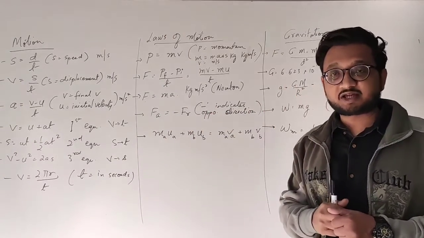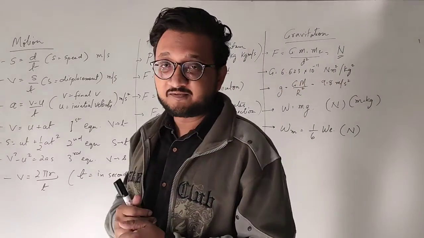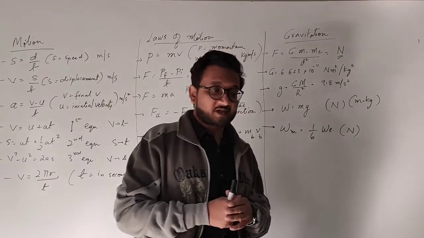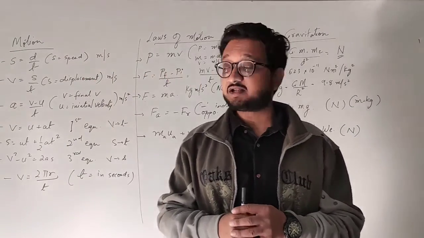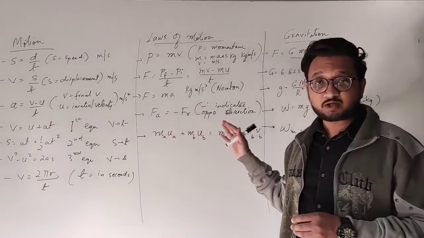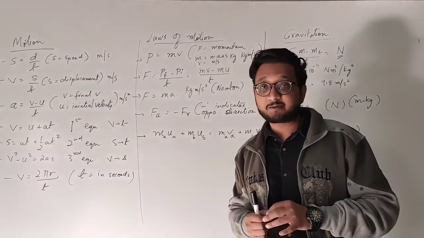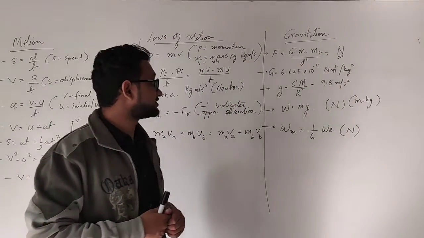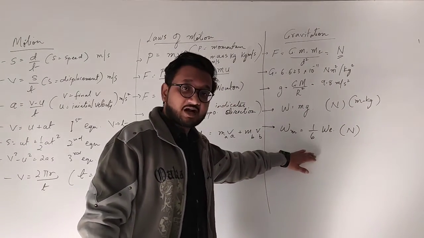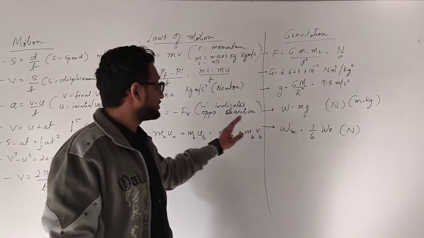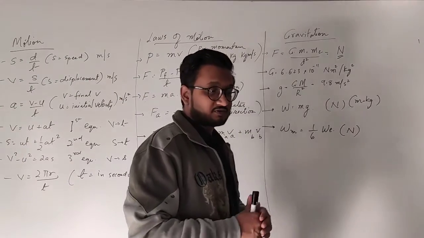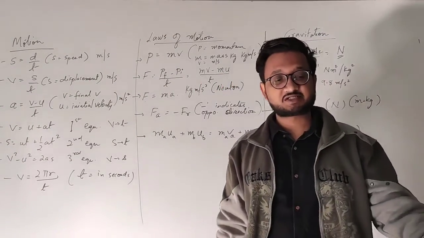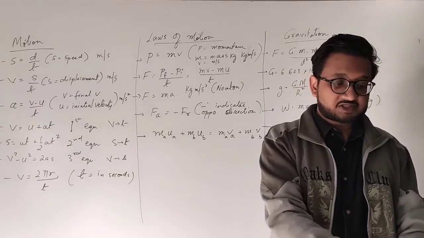The final chapter, that is work and energy. We recently finished that and we already know the formulas for that. So we'll just revise this one because your post-midterm syllabus includes these 3 chapters. Okay, and for the final exam we have work and energy. So gravitation, it will be 70% and these 2 chapters will be 30% included in the post-midterm exams. I hope this is clear to you, students.